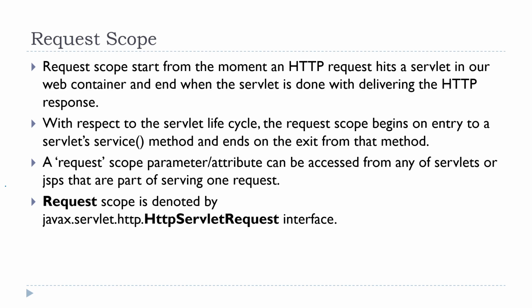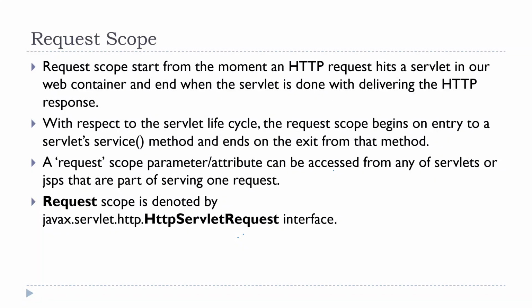It may also happen that more than one servlet is serving a request, like we had seen in the case of a request dispatcher, where we forward the request to another servlet. In that case, the request scope will continue till the other servlet. But if we are not using a request dispatcher and not forwarding the request to any other web page, then the request scope will end as soon as the doGet or the doPost method is done executing. And as soon as it is done executing, the response will be sent back to the client.